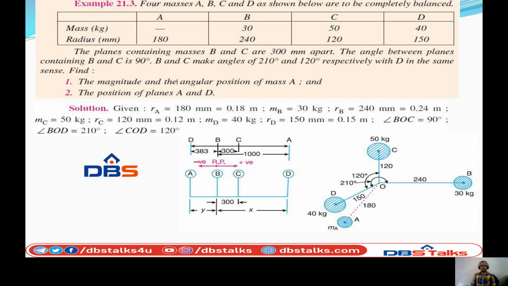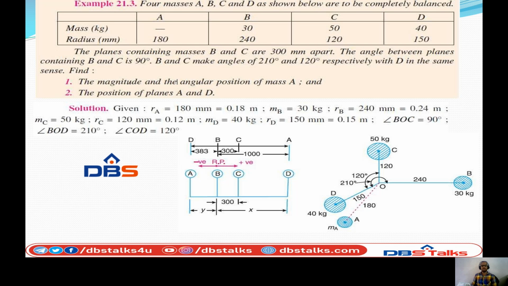And the position of A and D, that means the angular positions between A and D, are to be found. So according to the question framing, we need to solve it. Firstly, draw the position of plane diagram. Let us see. Given RA, RB,